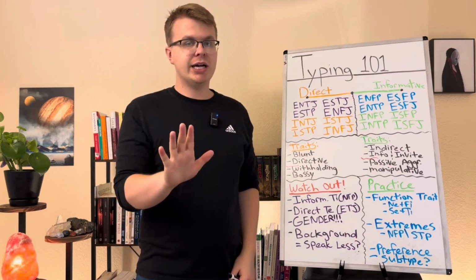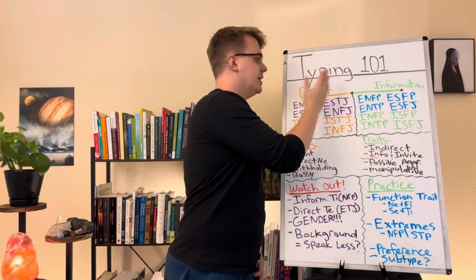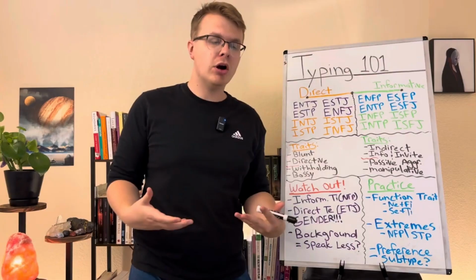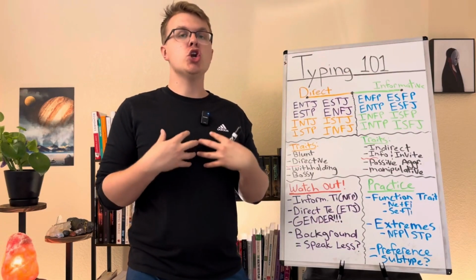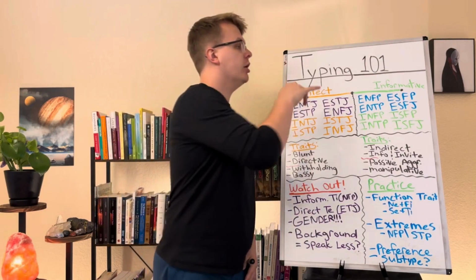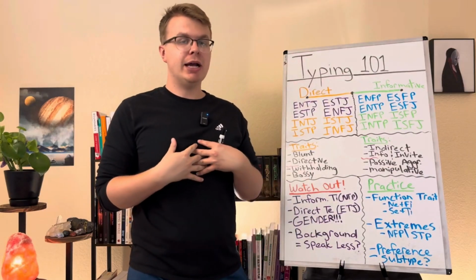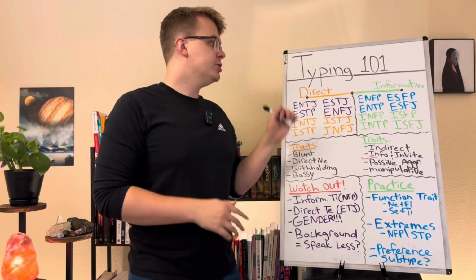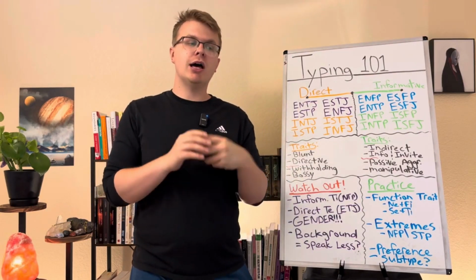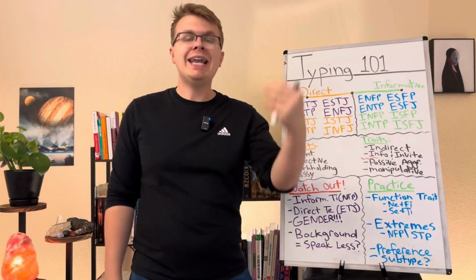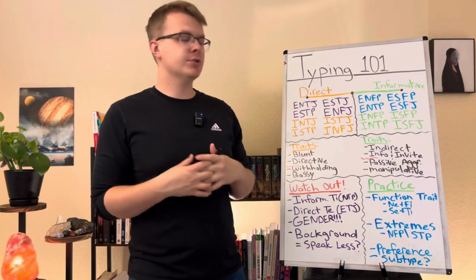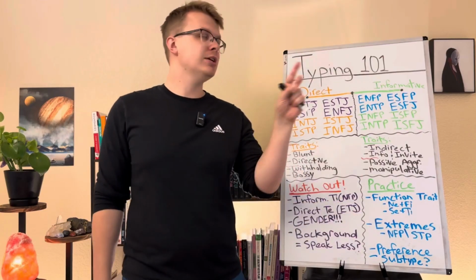So a dominating subtype, in my opinion, is much more likely to move to this side of the border, to the direct side, because they're a little more in charge, a little more directive in their nurture. Likewise, harmonizing subtypes are going to tend more towards the informative. This is my opinion, but applying the subtypes to the vectors is very helpful because it clears up a lot of the confusion, a lot of the nuance. So if that's interesting to you, that next layer of it, exploring the subtypes, those are new to me. I've just been exploring them the last month or so. I think they're very valuable, particularly with these